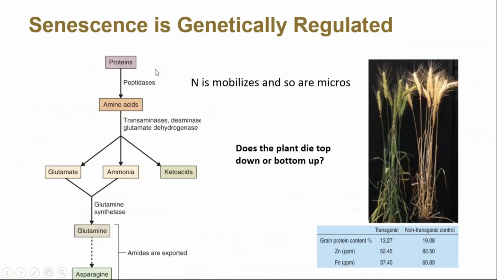So when it does that, it takes those proteins and breaks them down into amino acids into ammonia, and then glutamine synthetase and asparagine. And that's exactly the same way the plant handles ammonia coming up from the roots, where it takes nitrate first and then converts it to ammonia, and then it turns it into glutamine and asparagine. So the process is the same all the time.